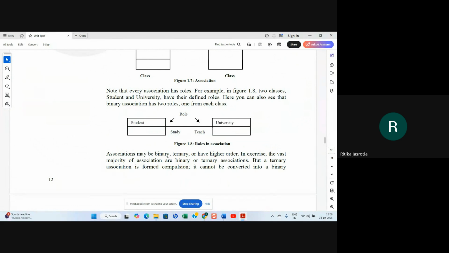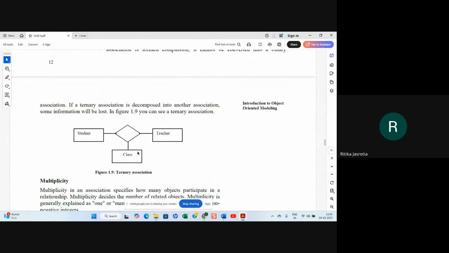Associations may be binary, ternary, or of higher order. In practice, the vast majority of associations are binary or ternary. But a ternary association is formed by compulsion. It cannot be converted into a binary. So this is a ternary association: student, teacher, class. Three classes are there. So this is a ternary association. If you talk about